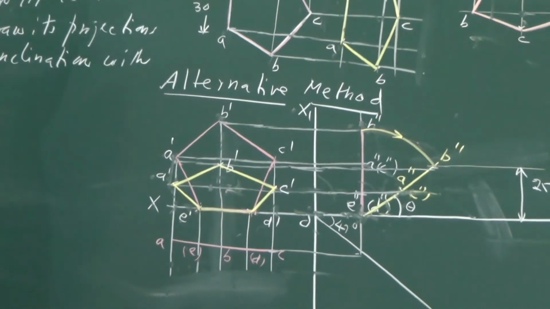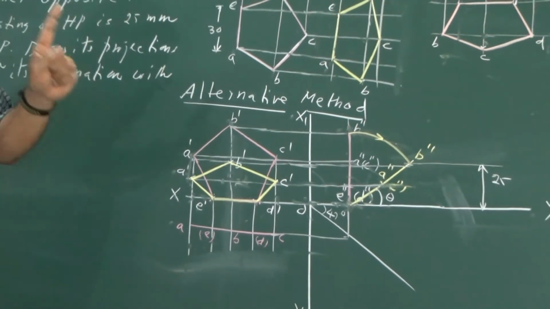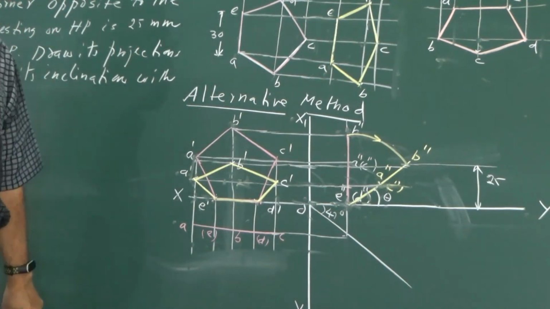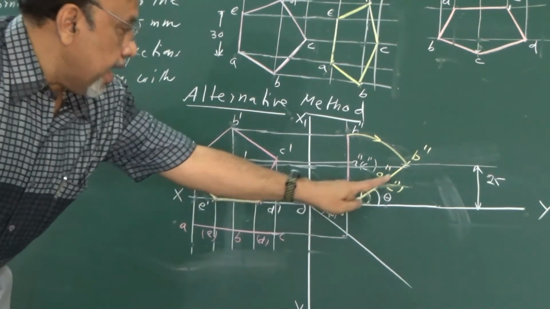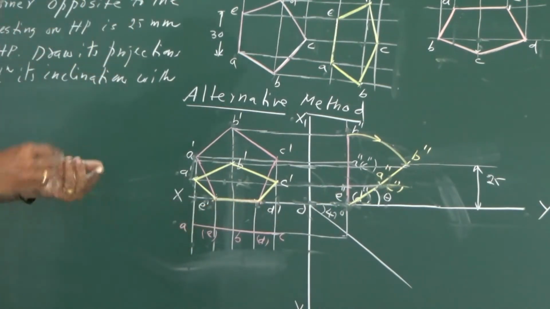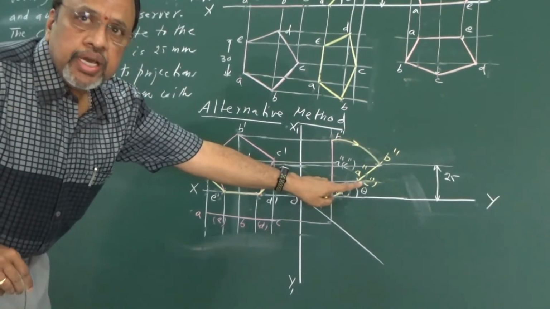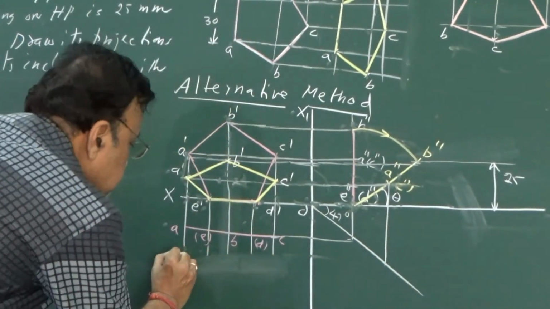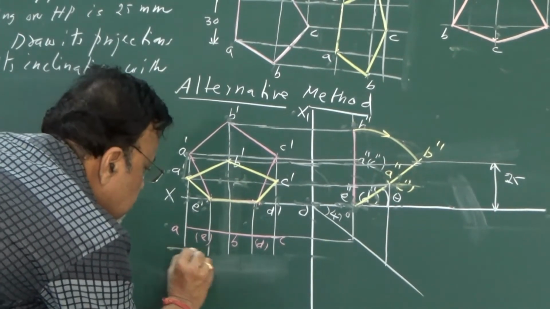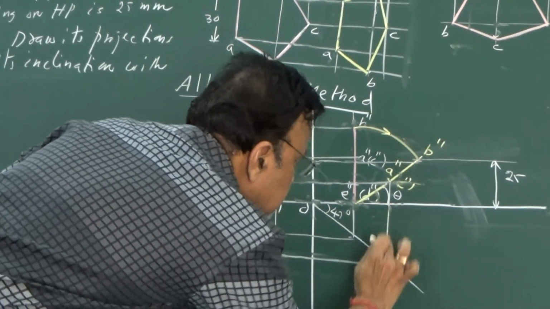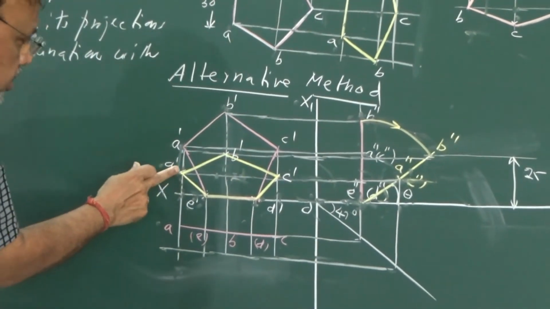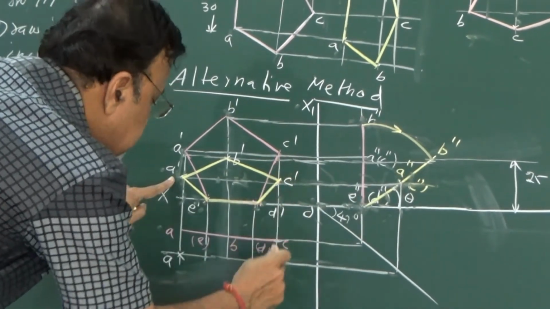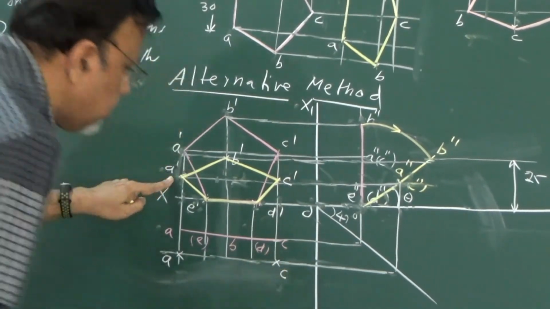Now what about the corresponding top view? We know that, always remember, top view and front view projectors should be on the same projectors. Anyway, now let us see. D will be here only. Now let us see what about your A. A will be here. So how do you get this A? Draw this projector, then draw the projector here. So this is the projector from A. So where is A here? This is A. And similarly another point is C. So this point will be your C point.